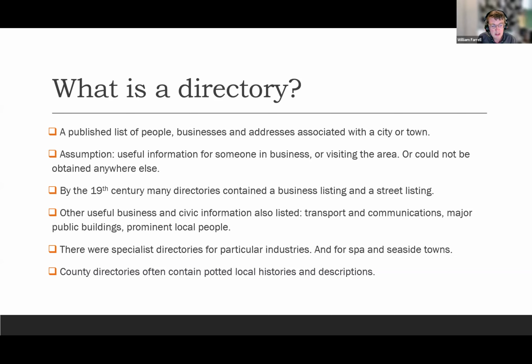So for reasons of space, I'm not going to go into American or European directory collections, but they were being produced in the same way and for the same purposes in other countries at the same time as Britain by different publishers. It was very much a national publishing industry in the 19th century, but there are comparable collections in other countries. And one advantage of Ancestry and Find My Past is that they've joined up directories from different countries really for the first time. But the idea behind the directories is very similar in different countries.